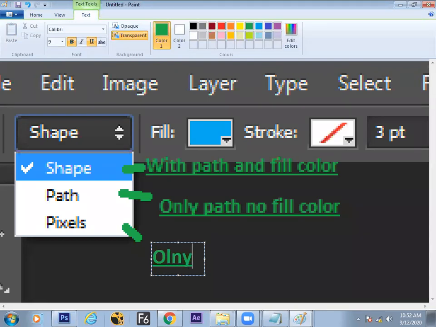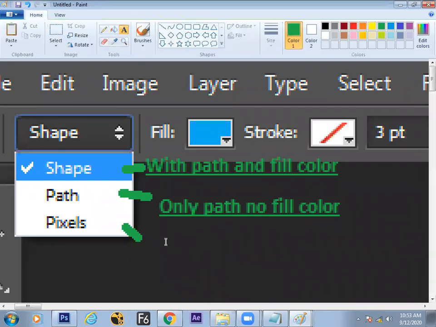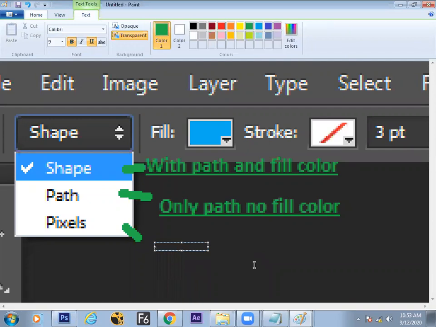This is only fill color, no path. What is the advantage of having path and not having path? That I will explain, okay? Only fill color, no path.